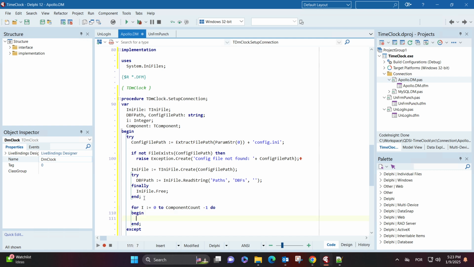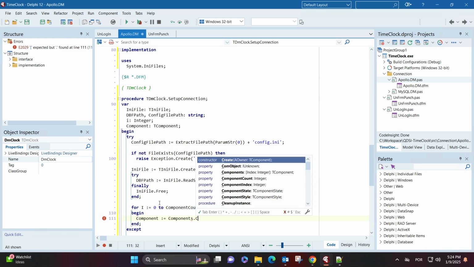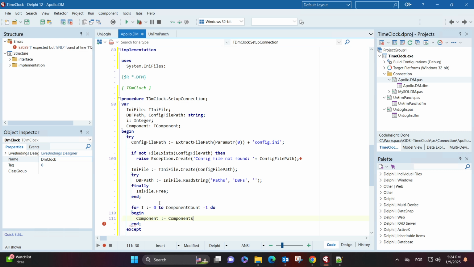Begin. Component, our local variable, receives components I. If component is an Apollo table, then